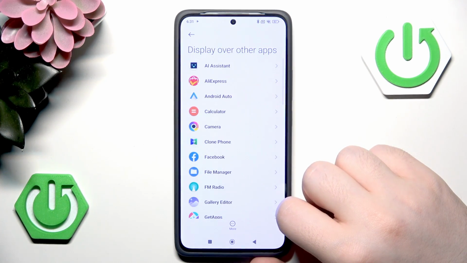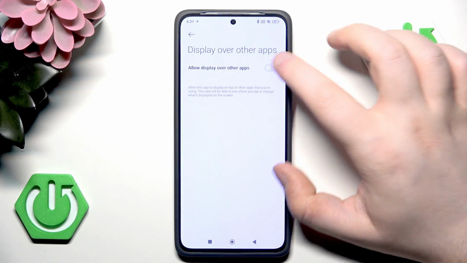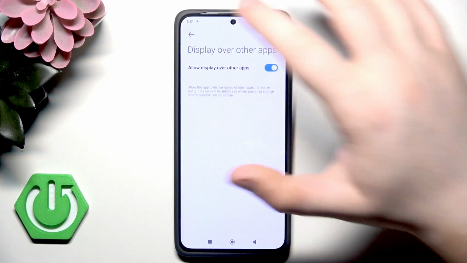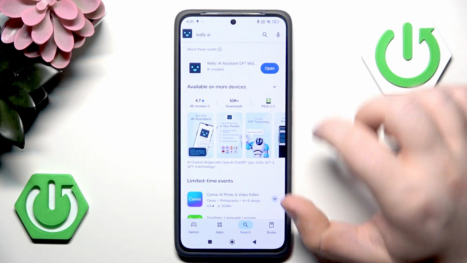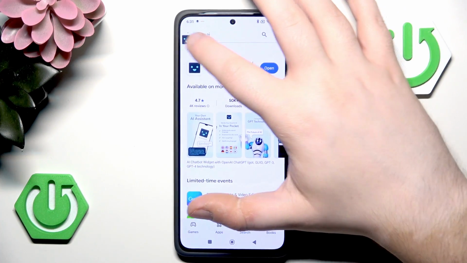Then click open permissions and click on AI assistant. Now click here to allow this app to display over other apps, and then you can go back and go back again. Then click start, and as you can see right here there's my ChatGPT widget, and I can open him